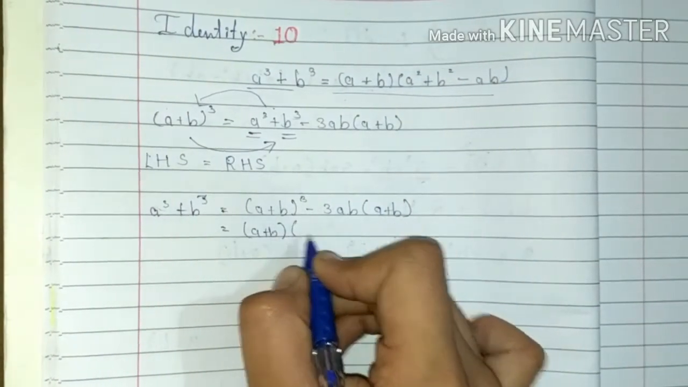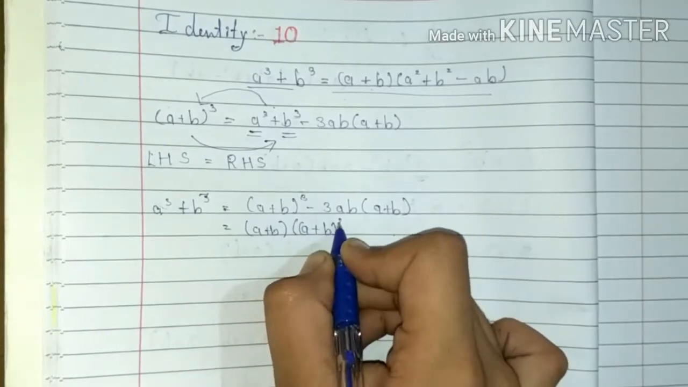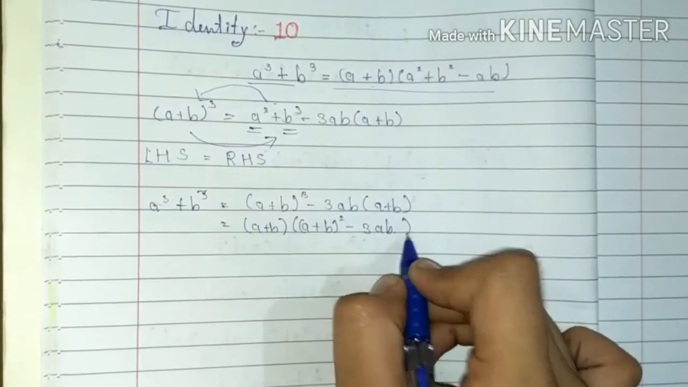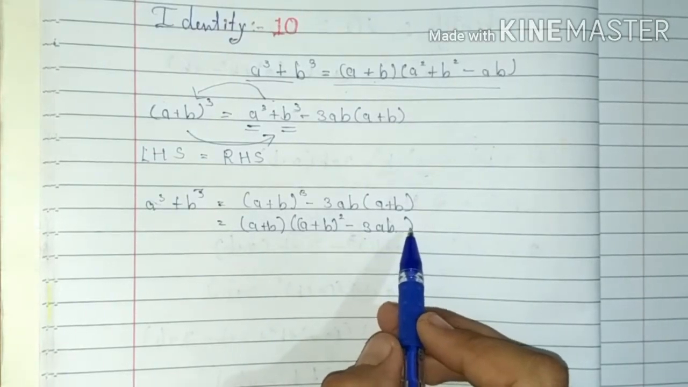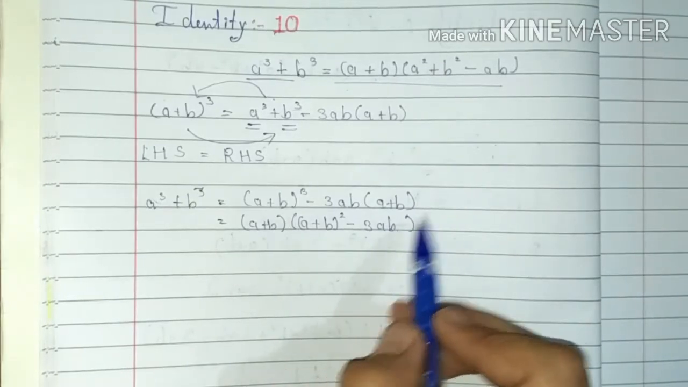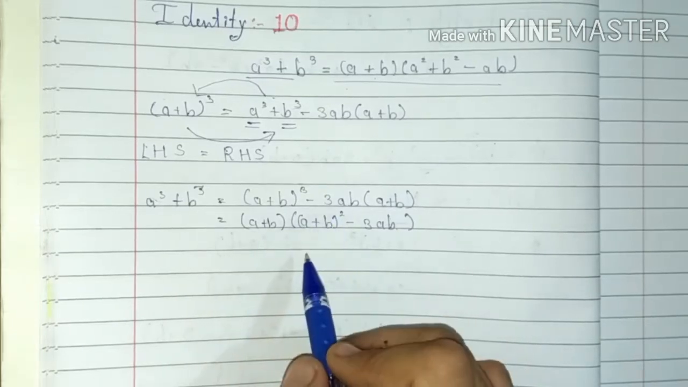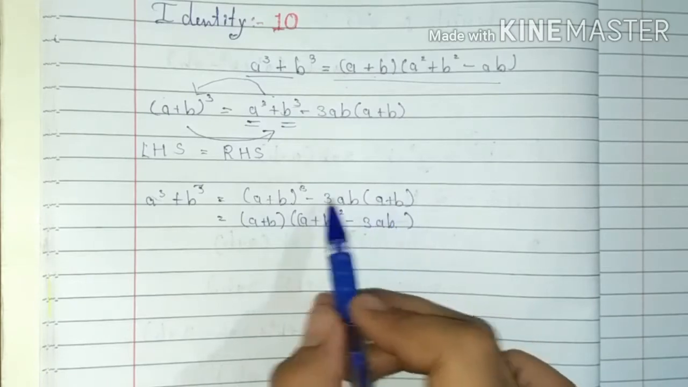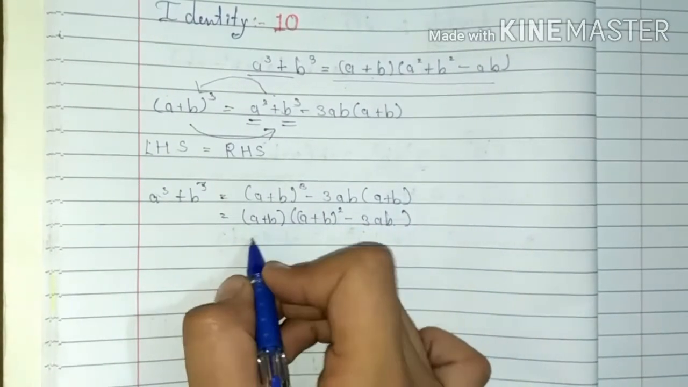So now, a plus b whole square minus 3ab. When we solve this, our answer is the same as this. Means when we solve this and when we solve this, both answers are equal. The only difference is that we have taken a plus b as common and here it is not common. So now when we open